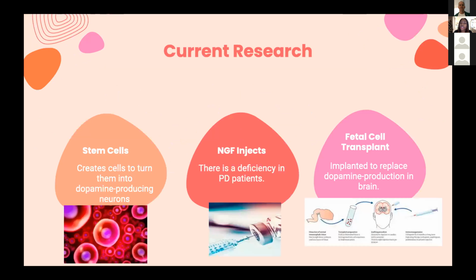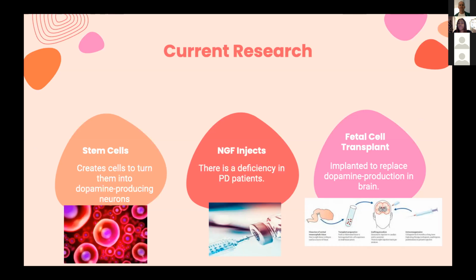So current research. There are some research projects in the process that will hopefully later on help cure PD, but these are deemed unethical because they result in the destruction of human life for research purposes. Some of these are stem cells, which create cells to turn them into dopamine producing neurons, and NGF injections, which